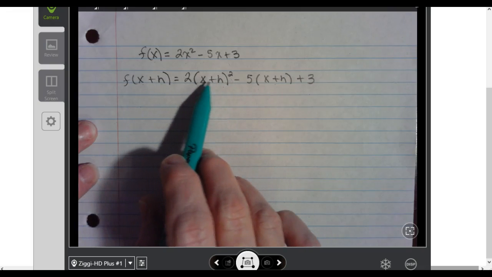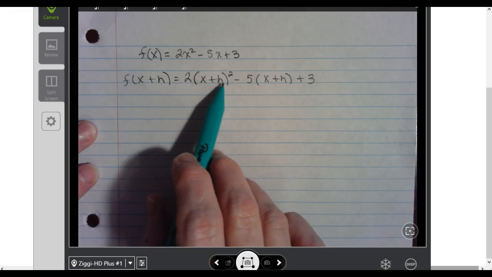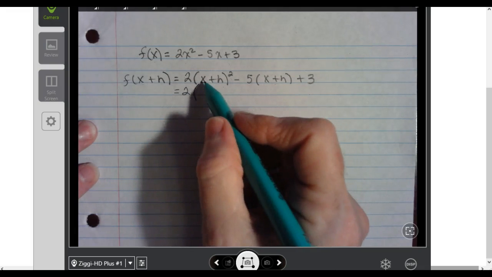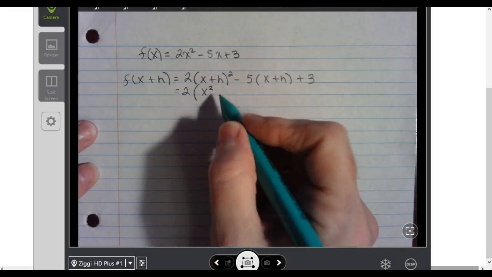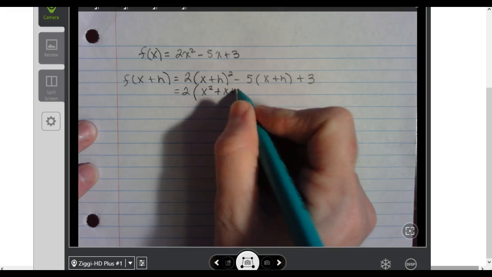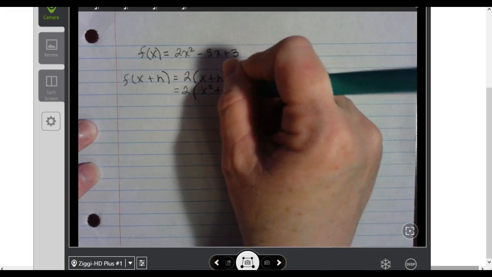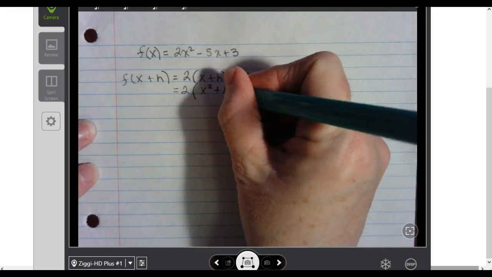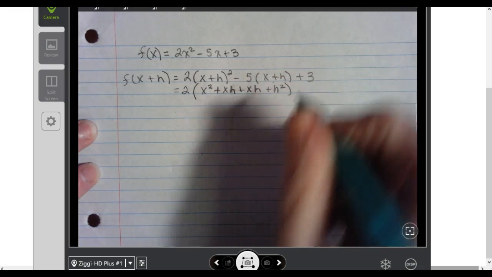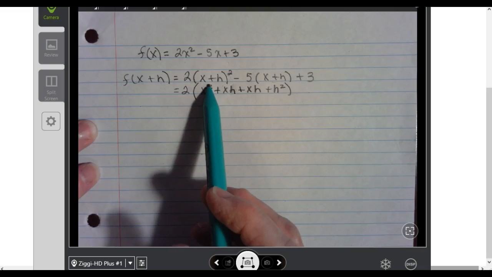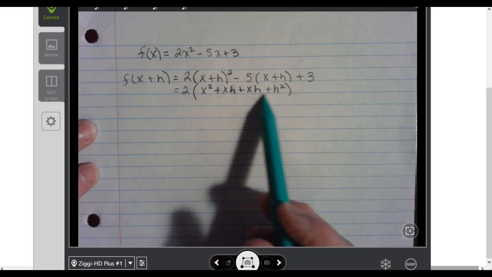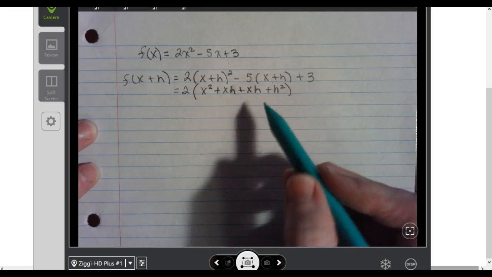We need to square x plus h, so that's x plus h times x plus h. And if you remember how to FOIL, it's going to be x times x, which is x squared, and then x times h twice, right? So x times h plus x times h plus h squared. Okay, so if we FOIL this, x plus h, we're going to get this right here, and we'll simplify this in a minute, minus,